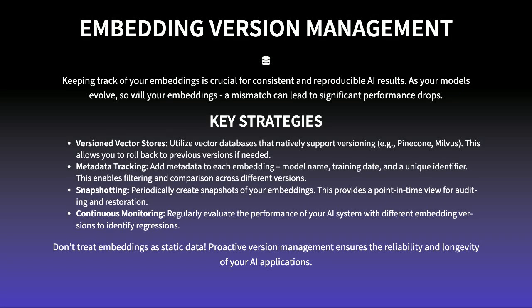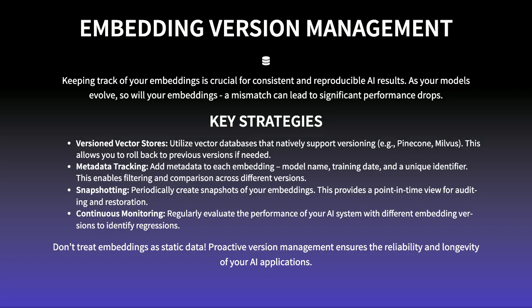Okay, let's talk about keeping track of those embeddings. Think of them like fingerprints for your data. They are what allow your AI to understand things. But as models improve and change, so do the embeddings. If you don't manage these versions properly, it can really mess with your system's performance, leading to unexpected results. We want to make sure we have a way to roll back if something goes wrong, or to compare how